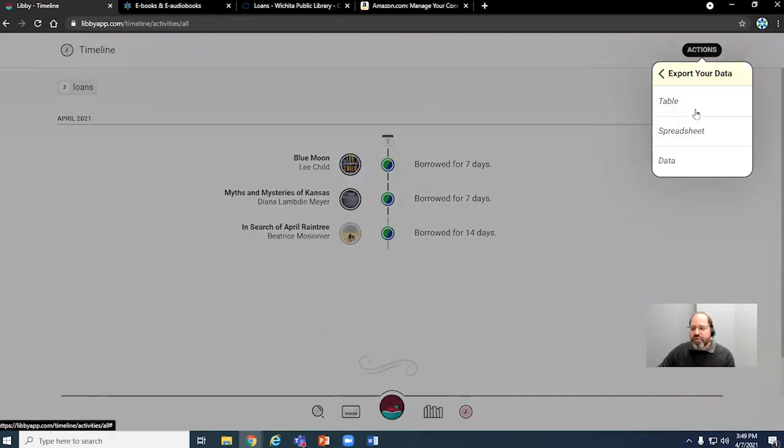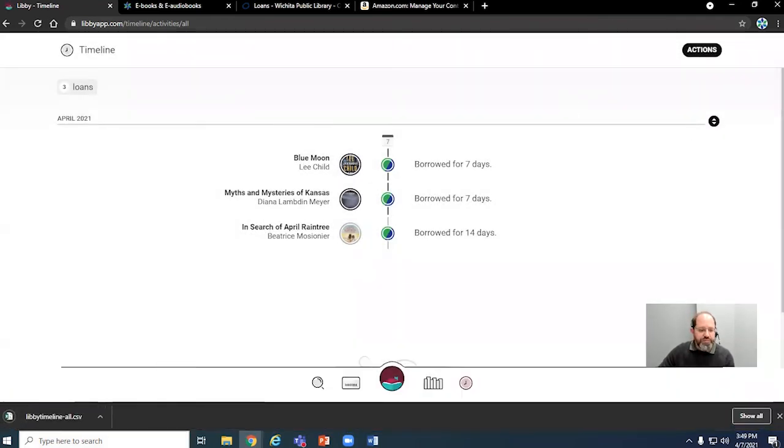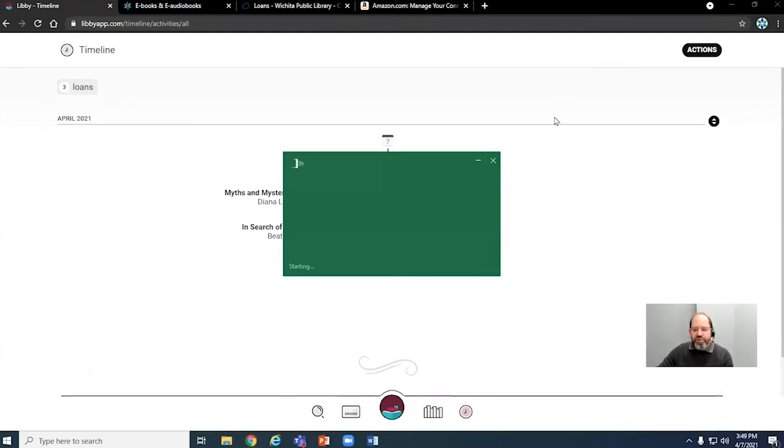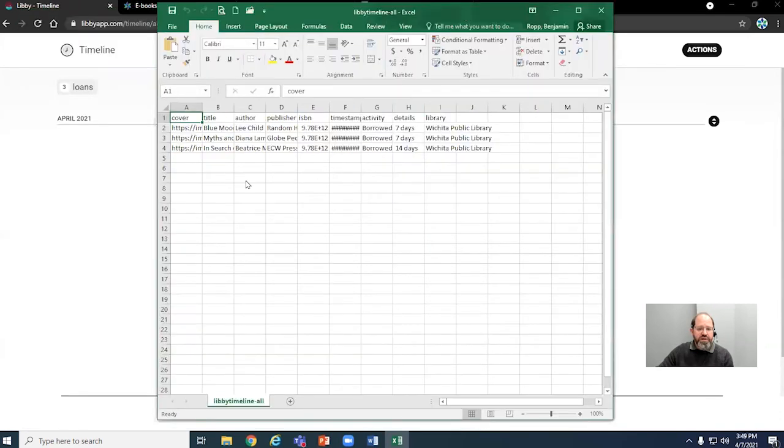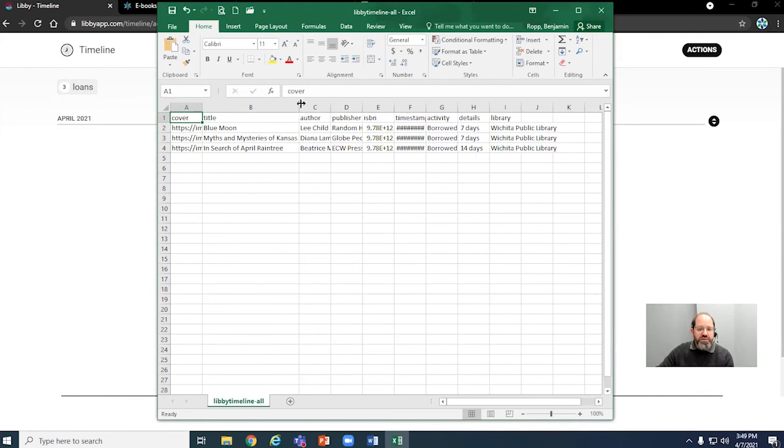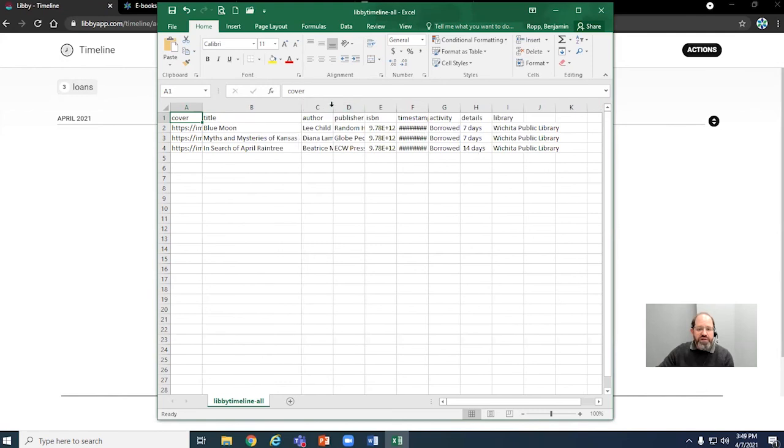The other export option is a spreadsheet, and that actually downloads a comma-separated file. If you notice in the corner here is my Libby timeline-all.csv. That's this, and I can open that. It's going to probably open it with Excel. Yes. So here's an Excel spreadsheet of my titles, the 3 titles here that I have checked out,